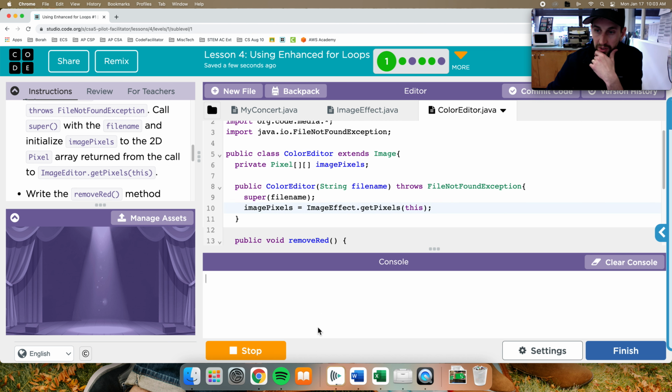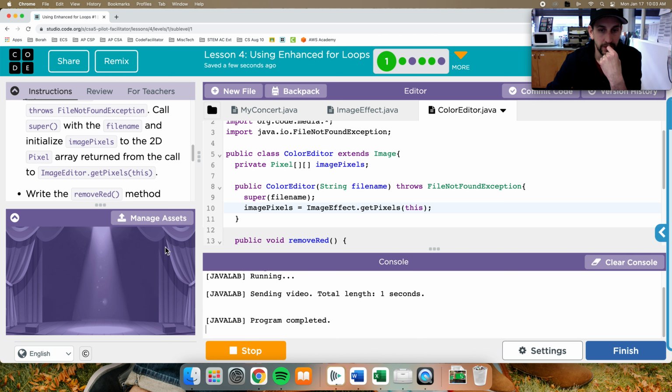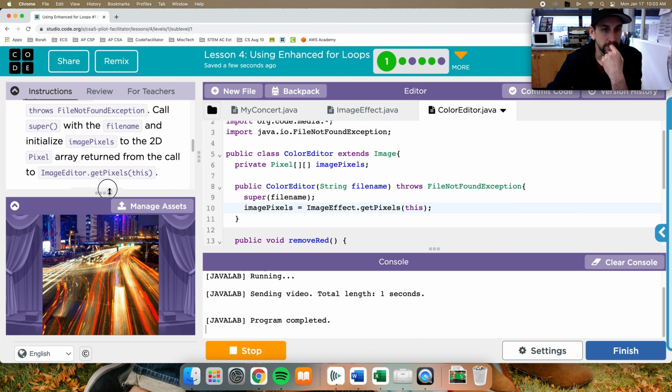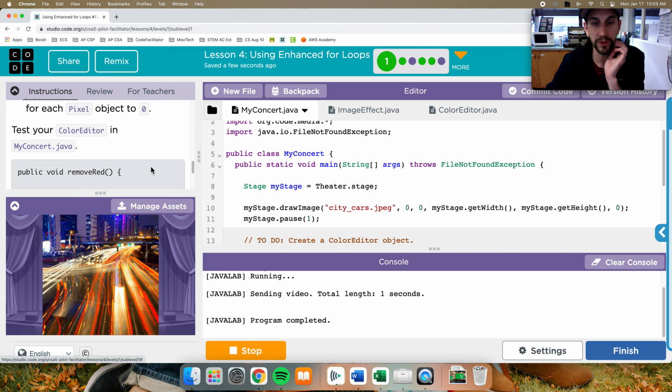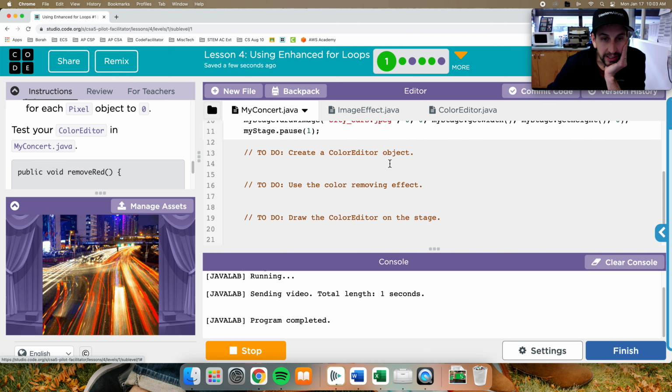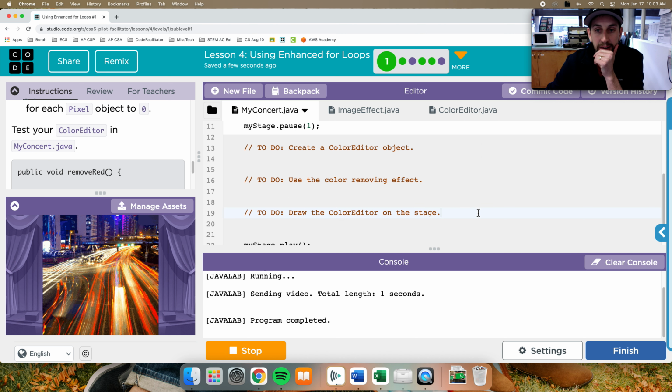I'm going to go ahead and clear the console, stop and run it. See if I have any errors now. And everything has compiled successfully. Very good. Okay, so I need to test this though. So it says test your color editor in my concert. So I'm going to flow to my concert, and looking at the comments here, it says to create a